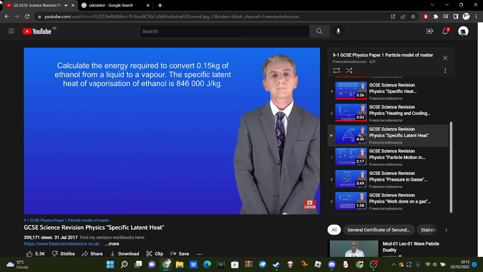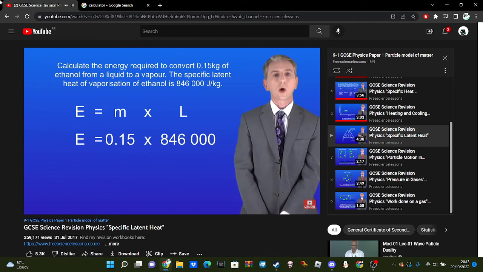Okay, so the energy for a change of state is the mass multiplied by the specific latent heat. The mass of ethanol is 0.15 kilograms, and the specific latent heat of vaporization of ethanol is 846,000 joules per kilogram. Putting these numbers into the equation gives us an energy of